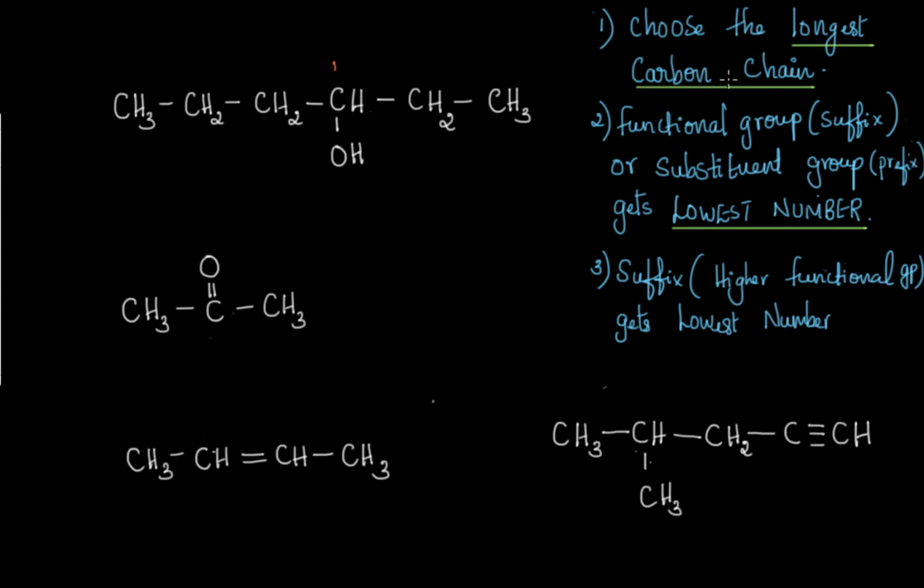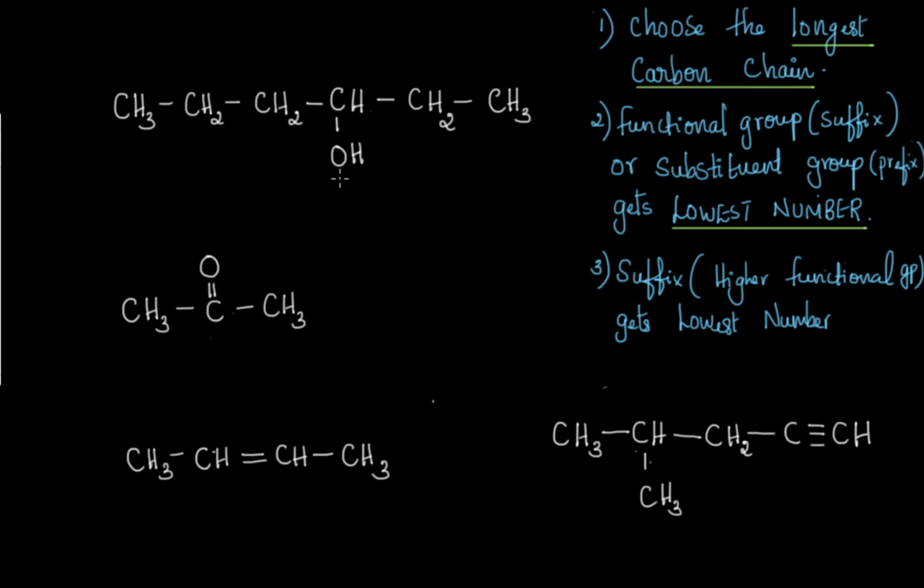The first rule we have is to choose the longest chain. So if I number the carbon atom from here to which the functional group is attached, then I'm violating the rule. So while numbering carbon, we should always choose the longest carbon chain. We cannot compromise with that at all. So if I start numbering from here like 1, 2, 3, 4 or 1, 2, 3, that means it will have a shorter chain, and that is wrong. So giving the lowest number doesn't always mean that the carbon atom to which the functional group is attached should always get number 1.